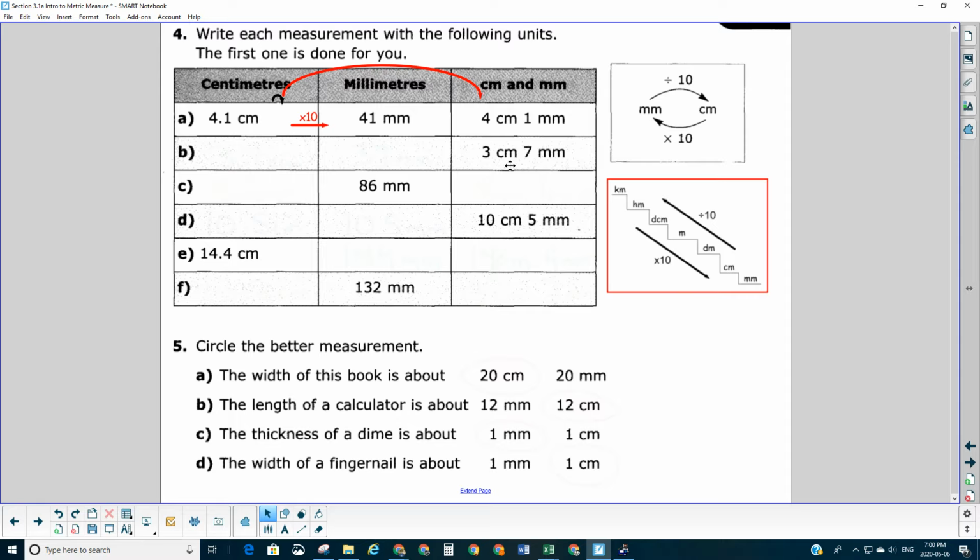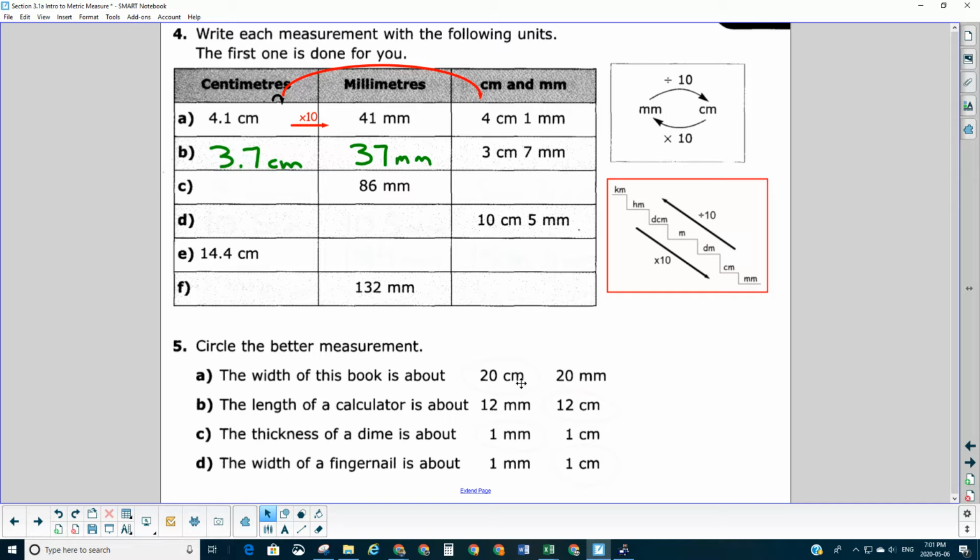So looking at our next one then, 3 centimeters and 7 millimeters, well, that's going to be 3.7 centimeters. And then if we're going to multiply by 10 to get millimeters, move this decimal place once, and we'll get 37 millimeters. Finally, if I've got 86 millimeters, so 80 of those make up 8 centimeters, and the 6 is